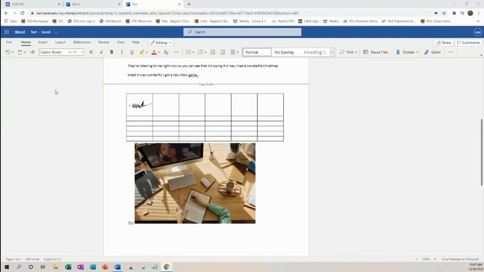Welcome. In this video, I'm going to show you how to use your add-in if you're a math teacher. I know in the previous video, if you watched about getting add-ins and inserting pictures from an add-in and where to find those, you saw that I went to Insert, I went to Add-ins,